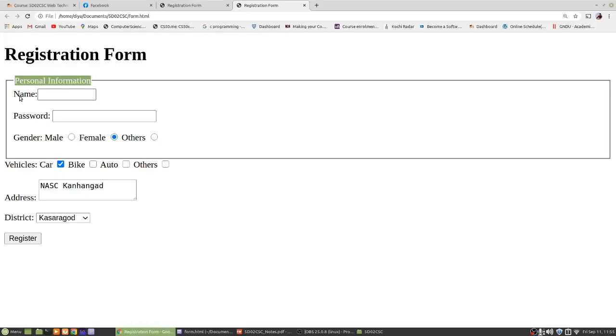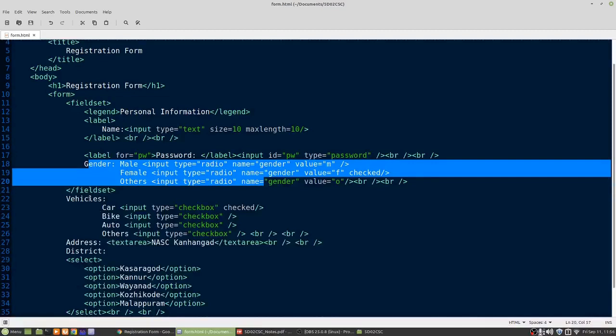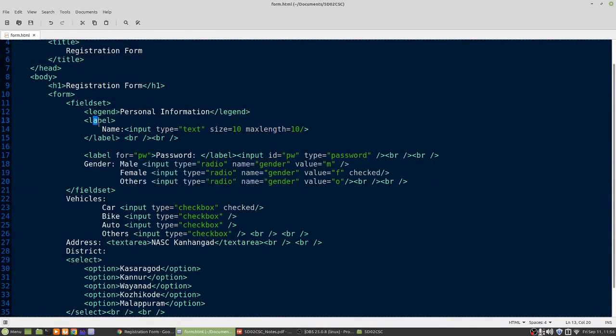So this is done for grouping things together so that it will be easy for the user to read the form. So if you want, you can group other things also into separate groups. So the tags used are field set and the legend. So this is how we can put labels and group the form elements in HTML.